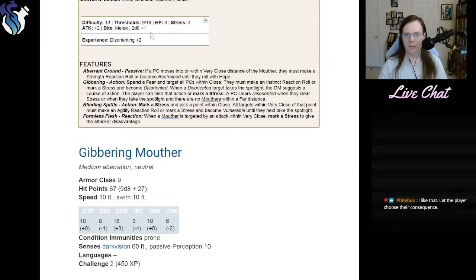They're not that hard to damage. They only have 3 hit points. Maybe I bring this up to 4 to give them a little bit of staying power. They have a +2 to attack, so they're kind of on par with their tier. And their melee bite is not that damaging. But how a Gibbering Mouther hunts, right? What they do is